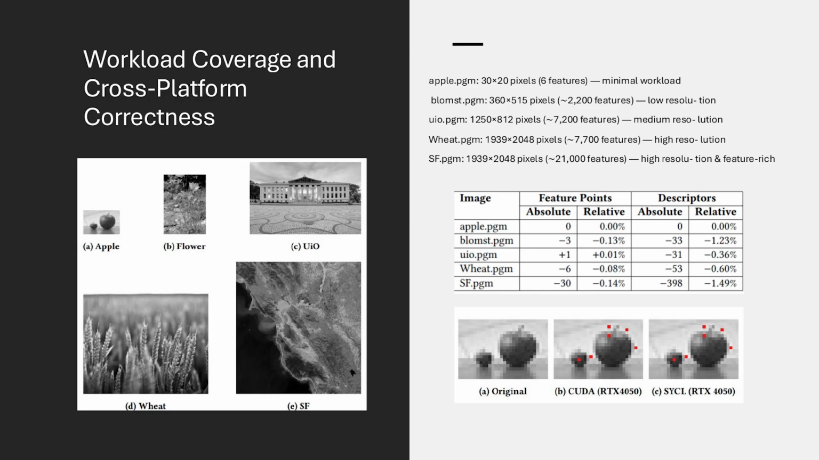So I used 5 representative images that differ in scale and in the number of features, or feature richness, which is important because some stages scale with the image size and some with the number of features. And for the correctness test,